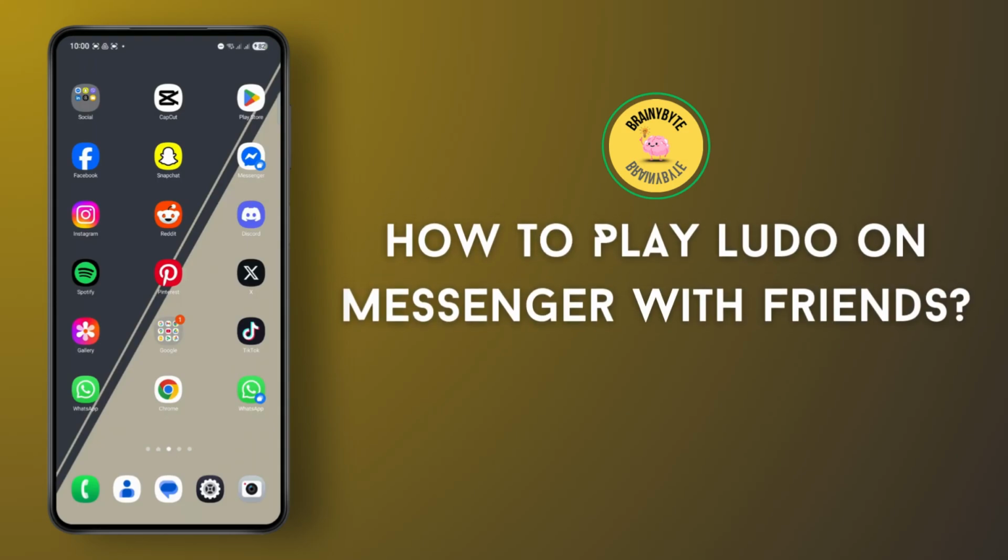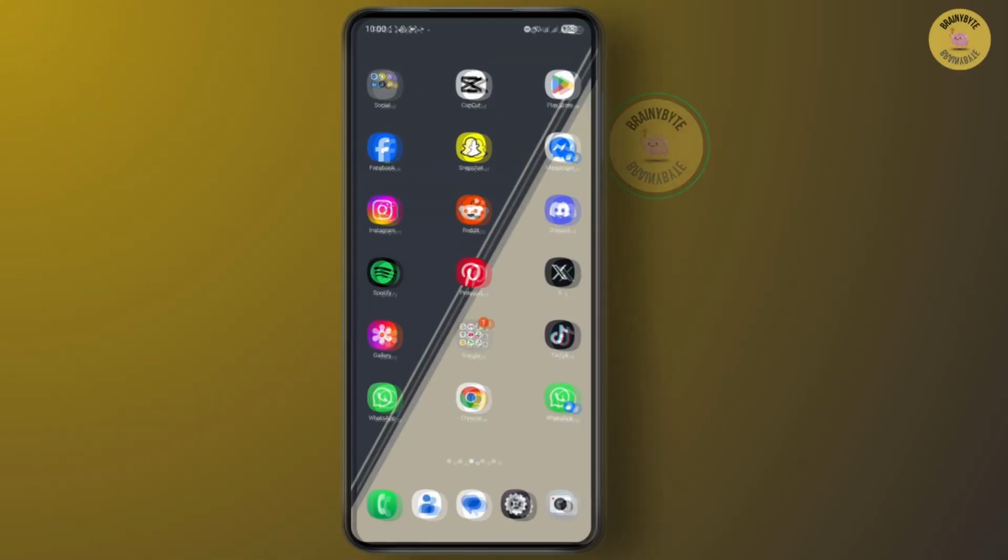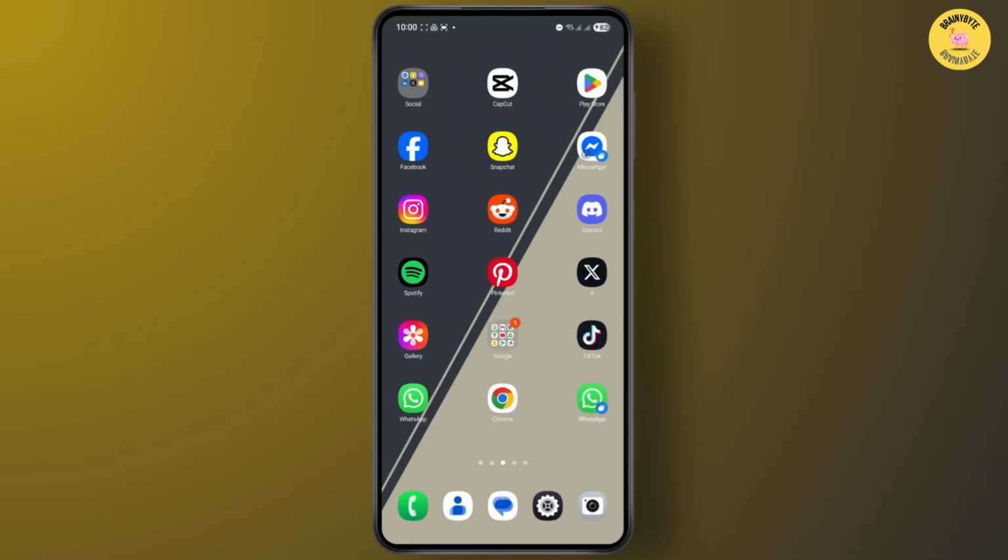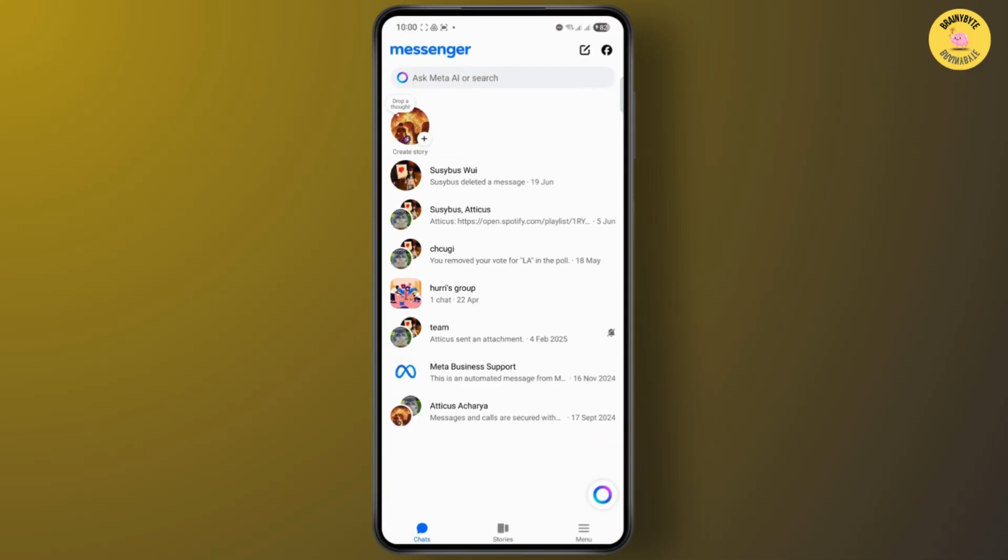How to play Ludo on Messenger with friends. Hey guys, in this video I'll show you how you can easily play the game Ludo on Messenger with your friends. First thing you can do is just open up the Messenger app, and at the search bar you can